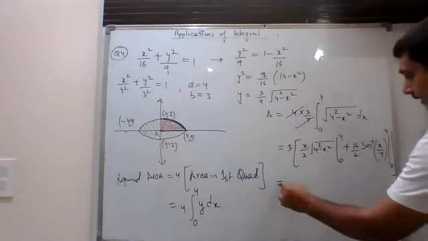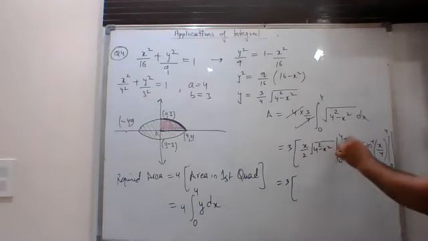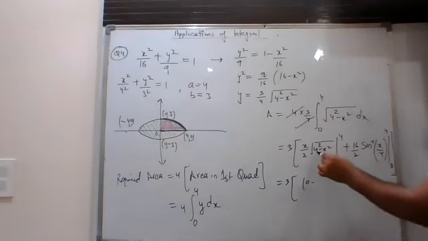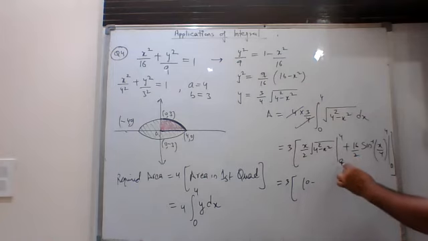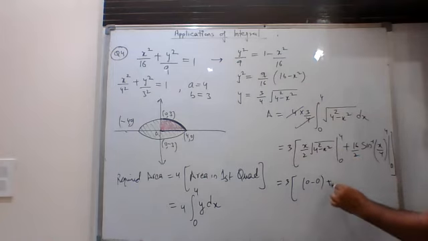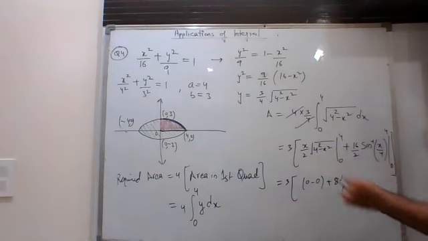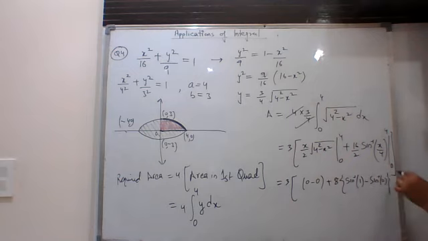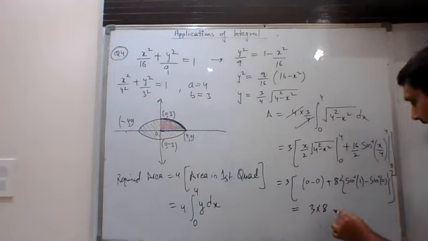Now here when I put 4, this will become 0 because 4 square minus 4 square will give you 0, and when you put 0 then also you will get 0. So from the first expression there is no contribution, and from the second it is sine inverse 1 minus sine inverse 0, because when you put 4 this will become 4 upon 4, that is sine inverse 1, and the other will become sine inverse 0. Now you know that sine inverse 0 is 0 and sine inverse 1 is 90 degrees. So let us substitute the values. So this is 3 into 8 into